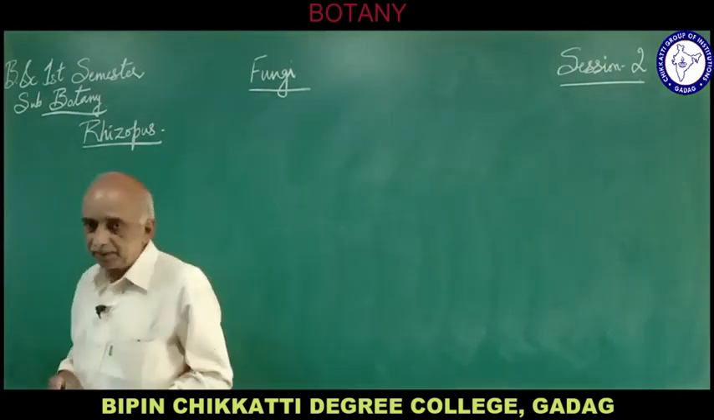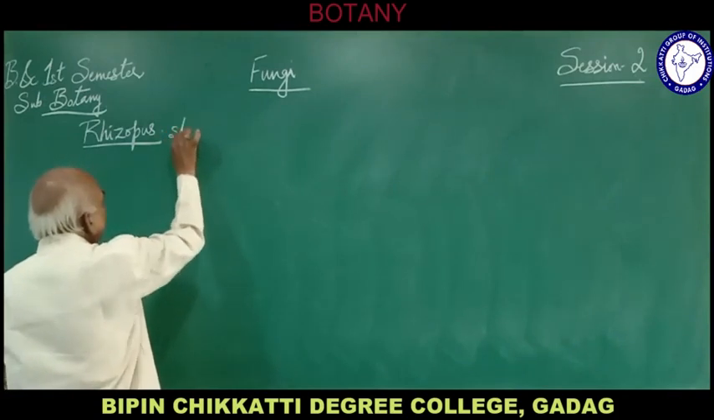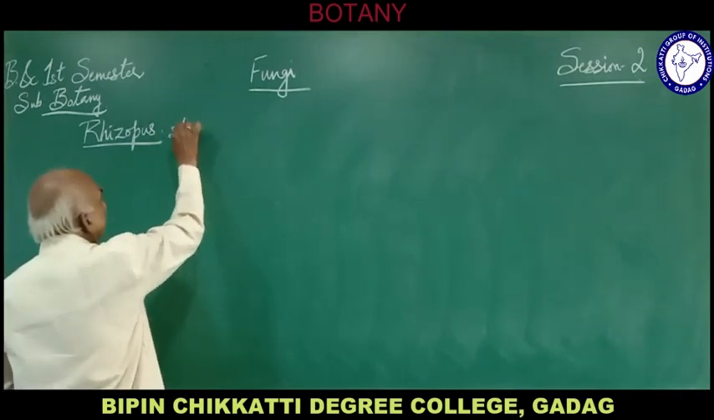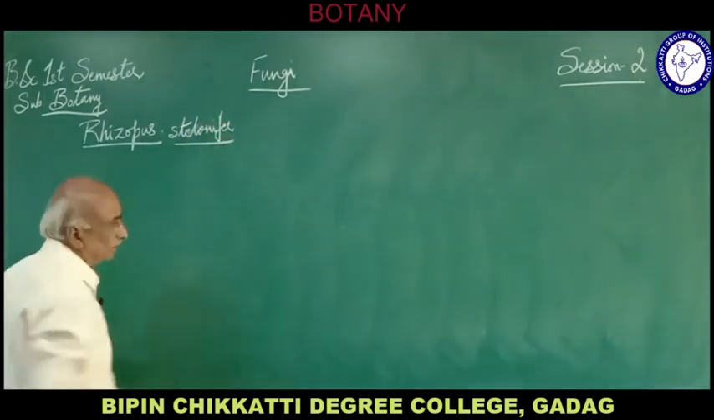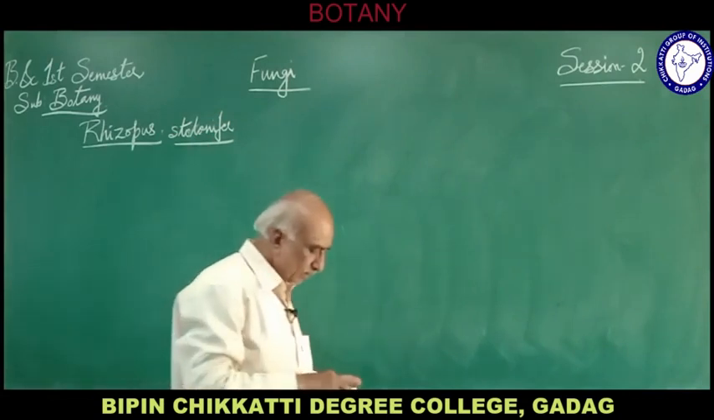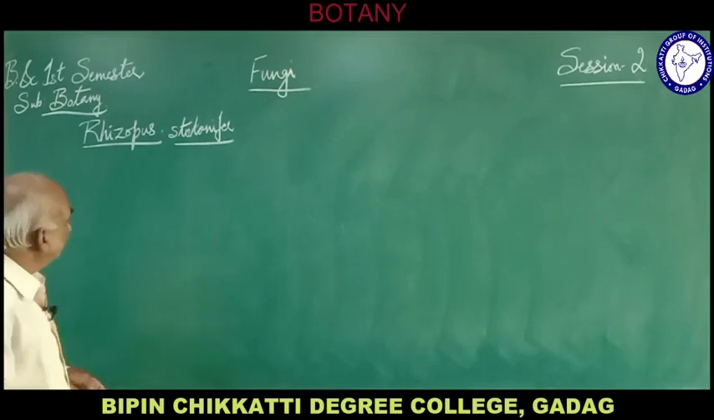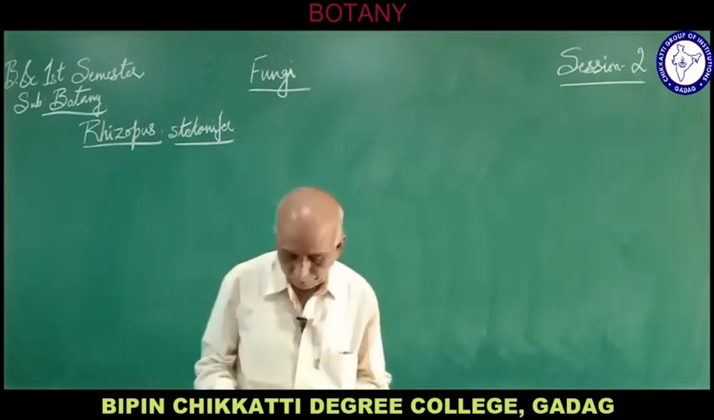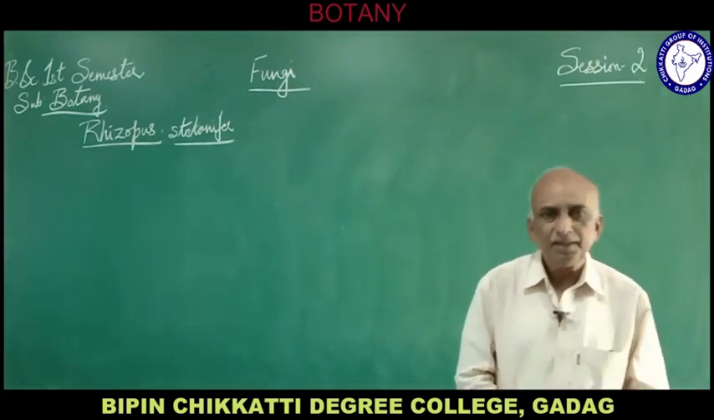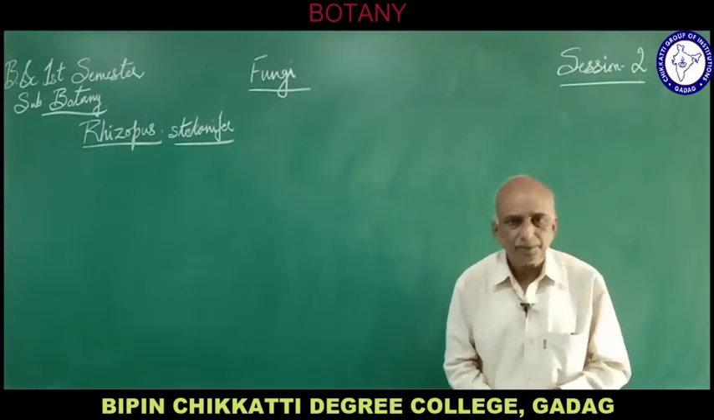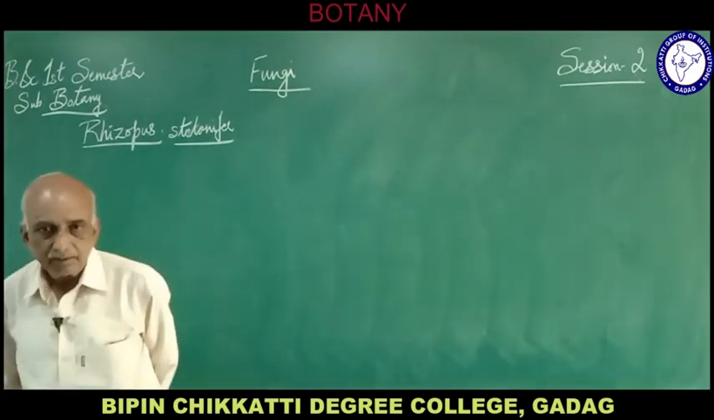So Rhizopus stolonifer is one example which we have to study, about its morphology, structure, and reproduction. Rhizopus is commonly called the bread mold. This Rhizopus stolonifer is a common fungus which everybody has seen in our house, and it is